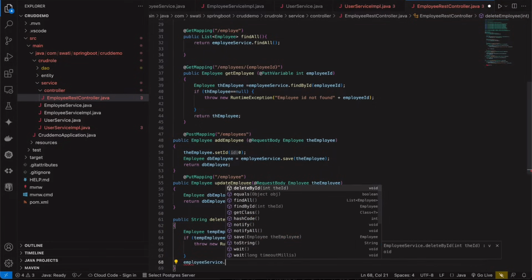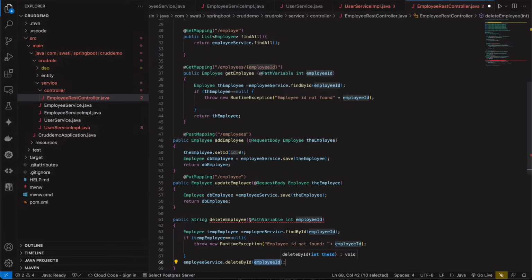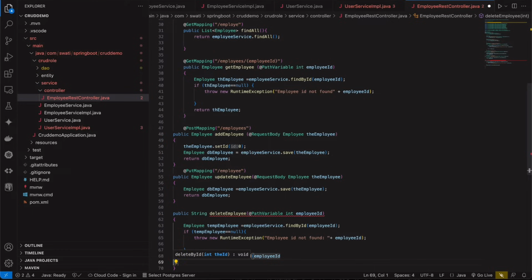Then employeeService dot, if the employee ID is found, then delete by ID employee ID. Okay, and then return the employee ID details. Deleted employee ID is employee ID. Okay,